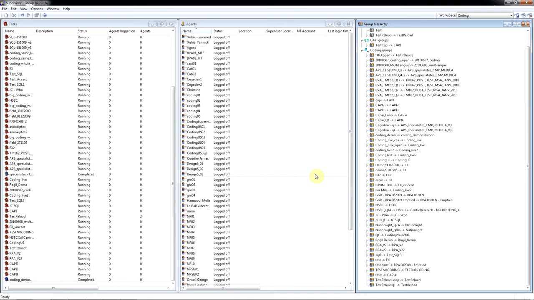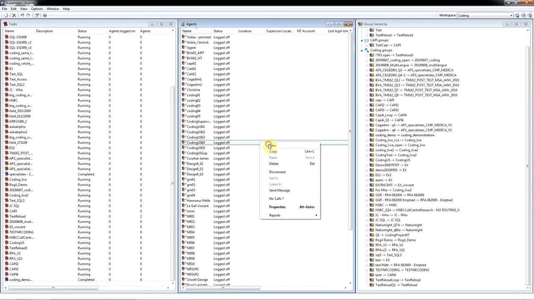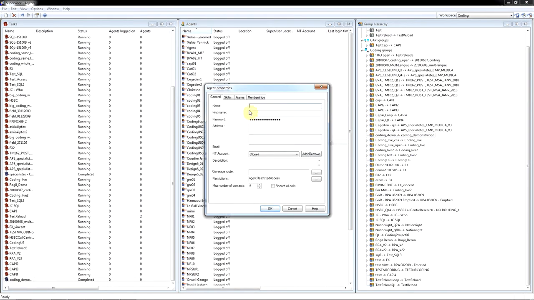So now that we have defined our task and created our new coding group, we need to assign some agents to that group in order to allow them to code the data. But as is often the case, you might not want to use your interviewers for the coding process, so you would want to define some new agents. So if we create a new agent here by right-click New and give that agent a name,